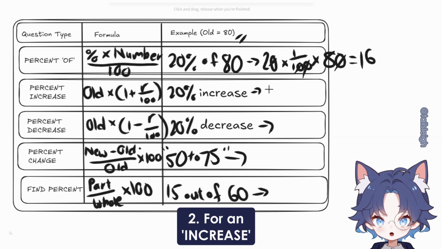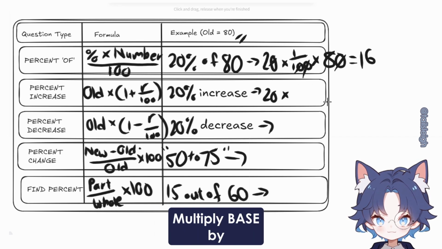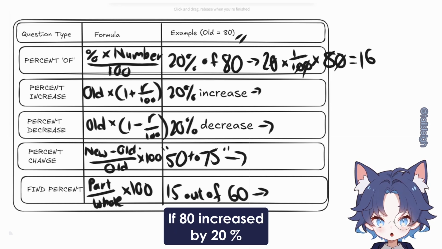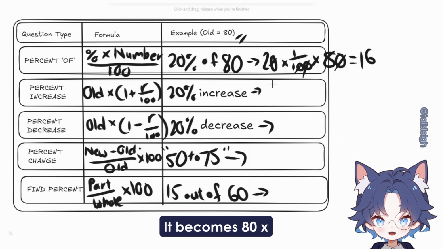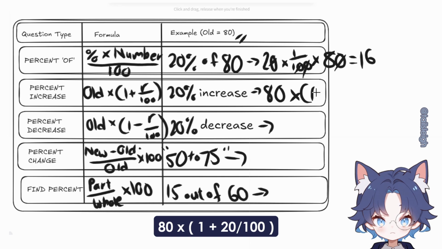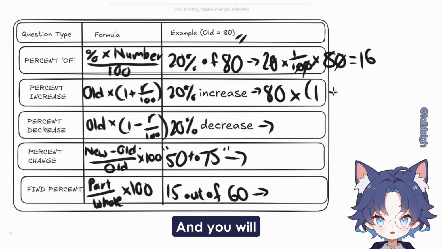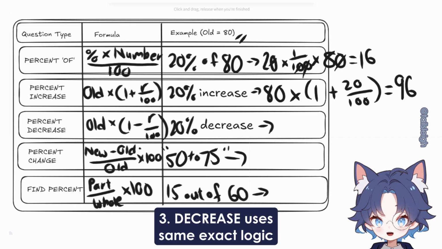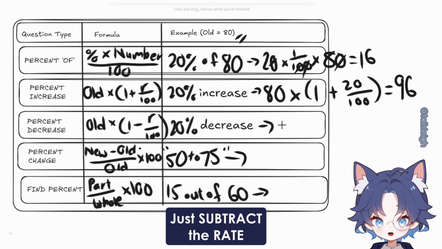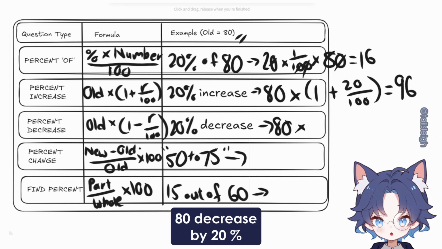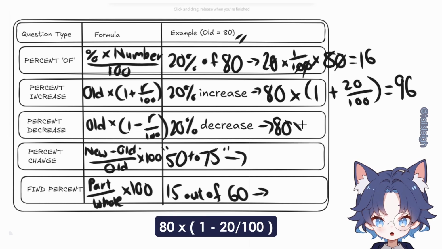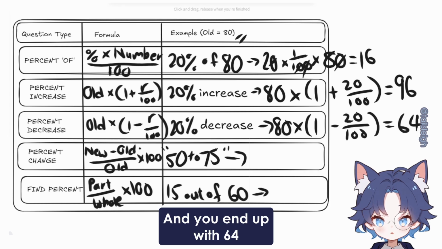For an increase, multiply your base by 1 plus rate. If 80 is increased by 20%, it becomes 80 times bracket 1 plus 20 over 100 and you will end up with 96. Decrease, use the same exact logic, just subtract the rate. 80 decreased by 20% translates to 80 times bracket 1 minus 20 over 100 and you will end up with